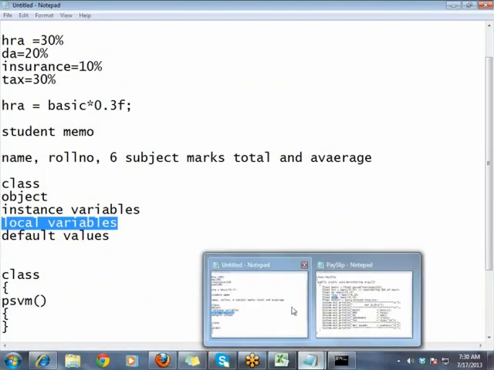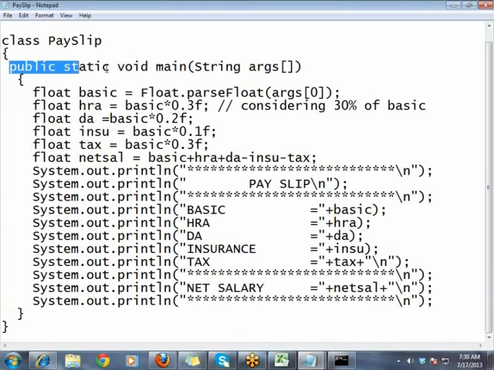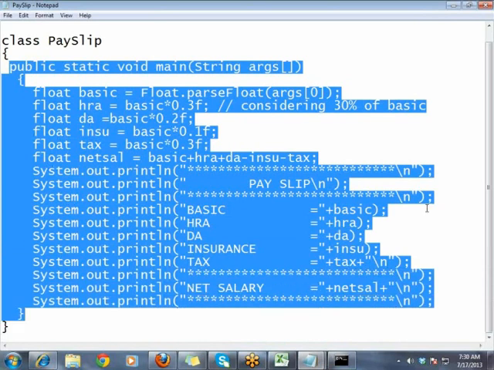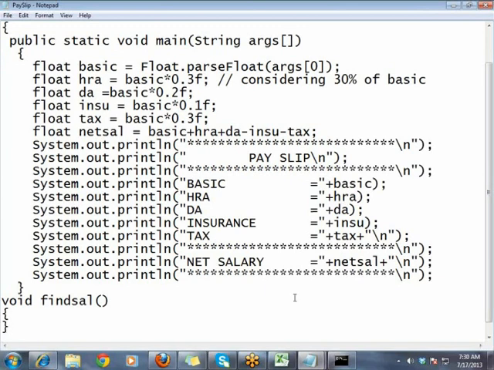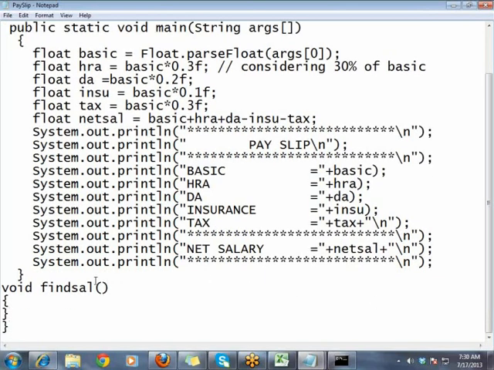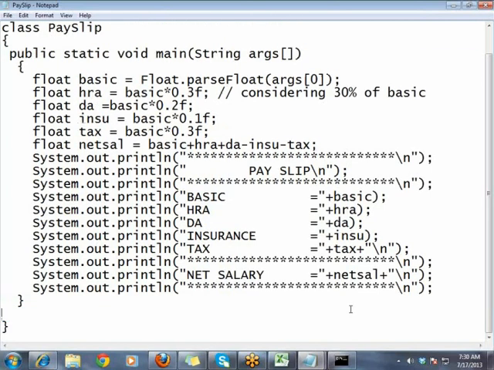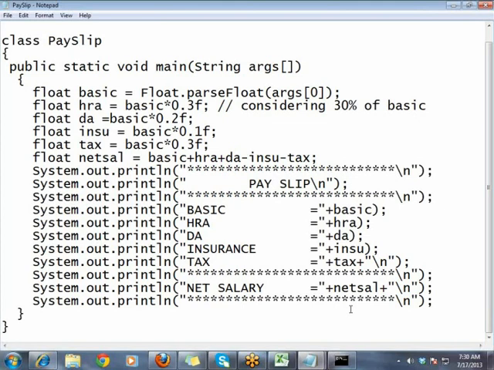In one class you can have any number of methods. There is no rule. Main is the only method recognized by the Java compiler as the starting point, but similar to main, you can have any methods, something like void findSal. This is a method which will find the salary. Let us say public static also there, because the findSal method will not be recognized by the Java compiler on its own. It will always look for the main method. What I mean to say is that in a class you can have any number of methods. Methods are nothing but